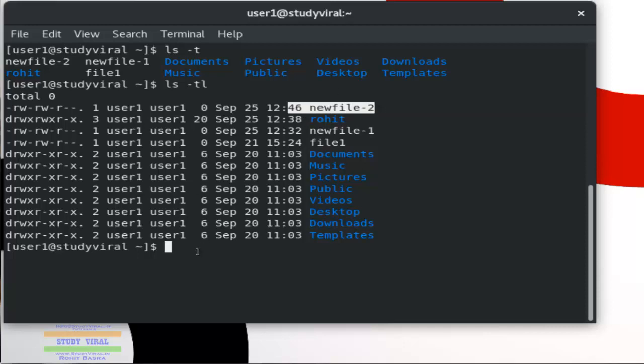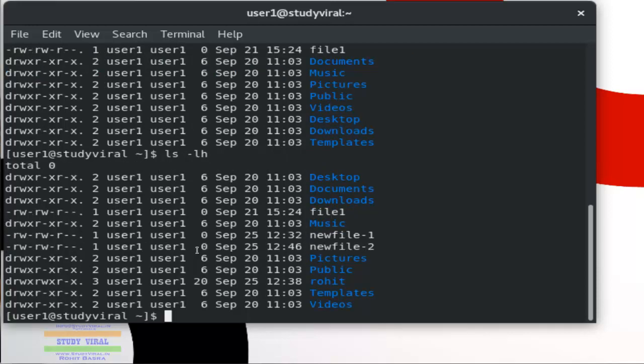Okay, we can also use this ls command with -l and -h, which is a human readable format. If I use this command, okay, this is also just similar to the ls -l command, which is also a human readable format command. So further, which command is left? Okay, there is another command like ls